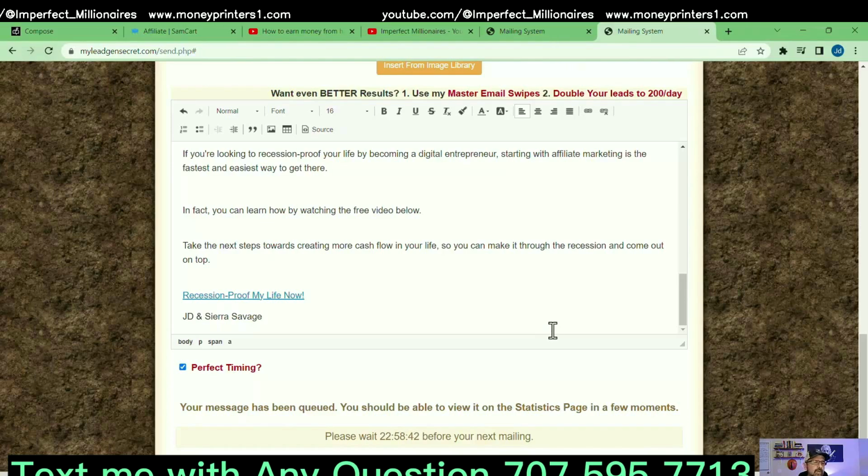But I think the important part I want to stress here, and I'm going to wrap this up, this is key. You have no idea how much money this email system will make you if you just continually do it every day. Can you imagine by the end of 1 year, you're going to be emailing 340,000, 360,000 people daily, and it's just going to continue to get bigger and bigger. So this is just one way we do it, and we're going to move on to other methods as well, but this is a very important factor.